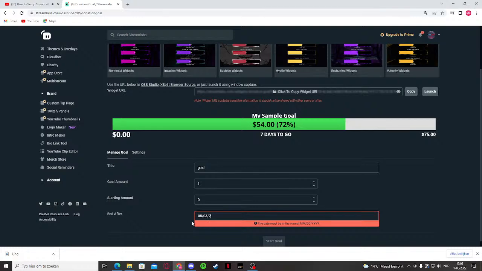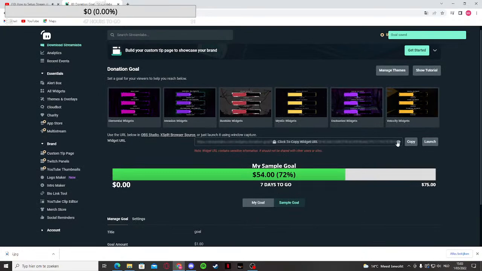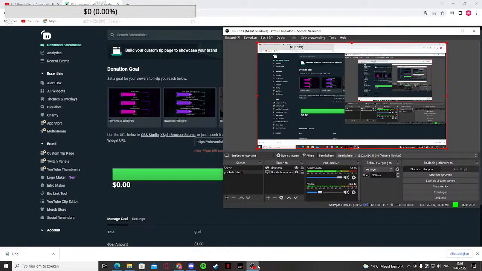So once you've done that, it should update inside of OBS as well. So we can see stream donations there, 365 days to go, and the goal is $100 there. But we can also change stuff like